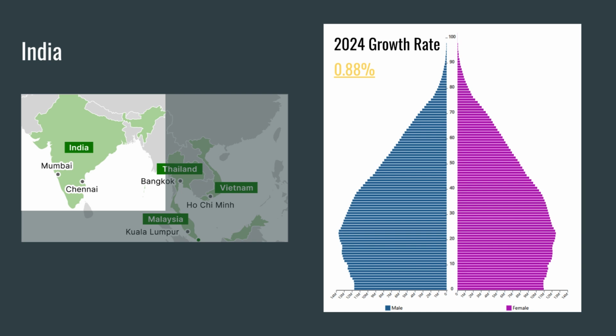Next, we come to India, which in the last couple of years has surpassed China to be the most populous nation in the world. We see that it demonstrates continued growth rate, although with the shape of the distribution, we note that it continues to have a somewhat decreased birth rate, as noted by having increased middle-aged individuals compared to young children.